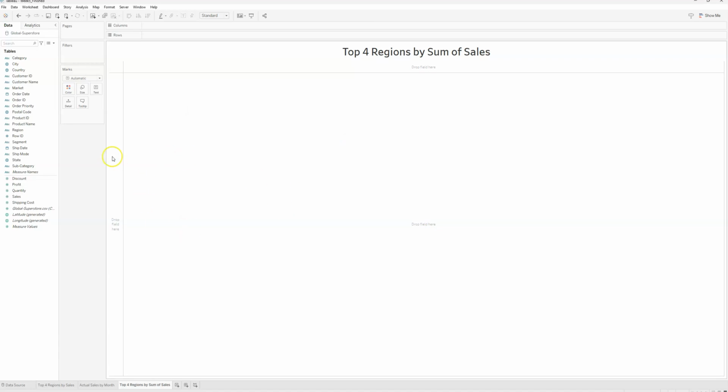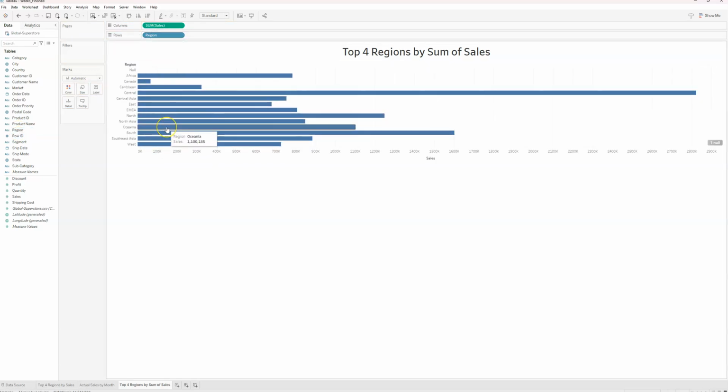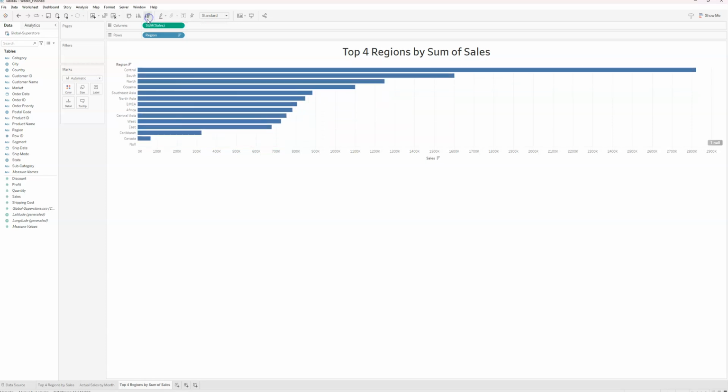Next step is to drag our data. We've got our green measures and blue dimensions. So we'll start with dragging sales to columns and then region to rows. Now you can see I've got a lot of regions here, so I'm going to want to create a filter on that because this chart is obviously only showing the top 4. In order to see what the top 4 are, I can click this button up here to sort by descending by my green measure value, and I can see Central, South, North, and Oceania are going to be the top